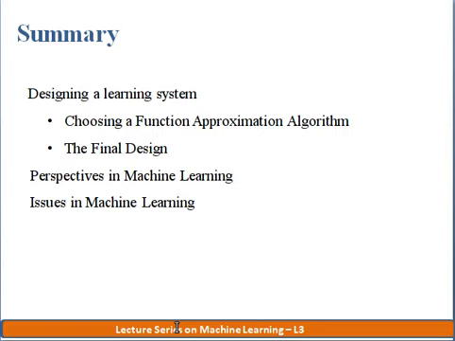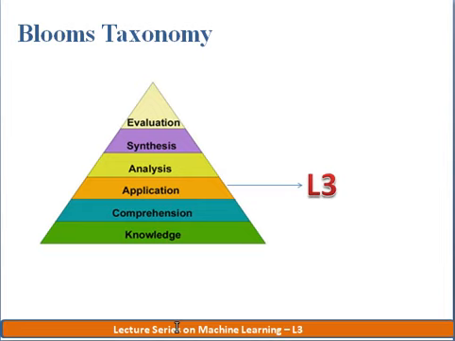So the current lecture falls under the category of Bloom's taxonomy level 3 because we are using the squared error and the weight update rule, that is wi equal to wi plus eta (v train of b minus v cap of b), which is a mean squared error representation, or the minimization optimization technique, which is being applied to the checkers learning problem. So hence that is application level knowledge. Hence the current lecture falls under the category of L3. So that's for today's class.